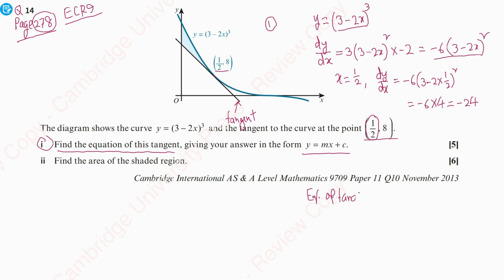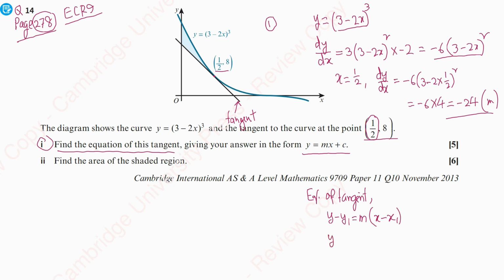It's a simple straight line equation. y - y1 = m(x - x1) is our formula, where m is the gradient we got. For a curve equation this is the only way: we cannot use coordinate geometry to get the gradient. We have to differentiate the curve equation, and the expression we get, dy/dx, is the gradient expression for the tangent. If I put the particular value in at that point, we find the gradient, and its value is -24. We apply this value here,